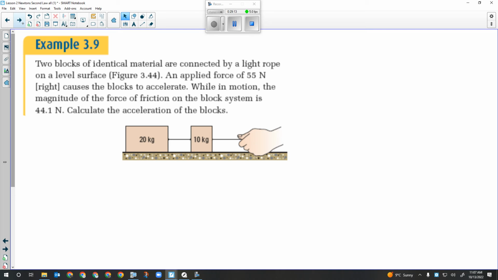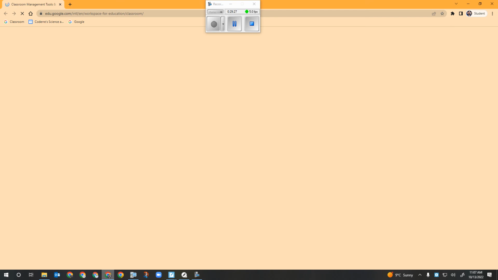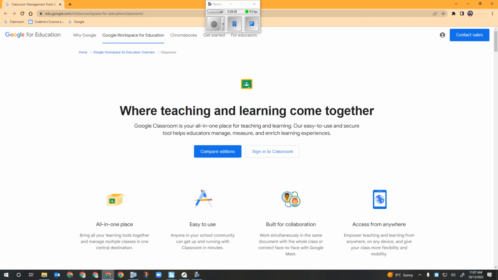Now, do I want to get into system questions today? I think I'm going to have you work on some simple Newton questions before, and we'll get into systems maybe tomorrow. So, in your digital workbook, the first page starts out with